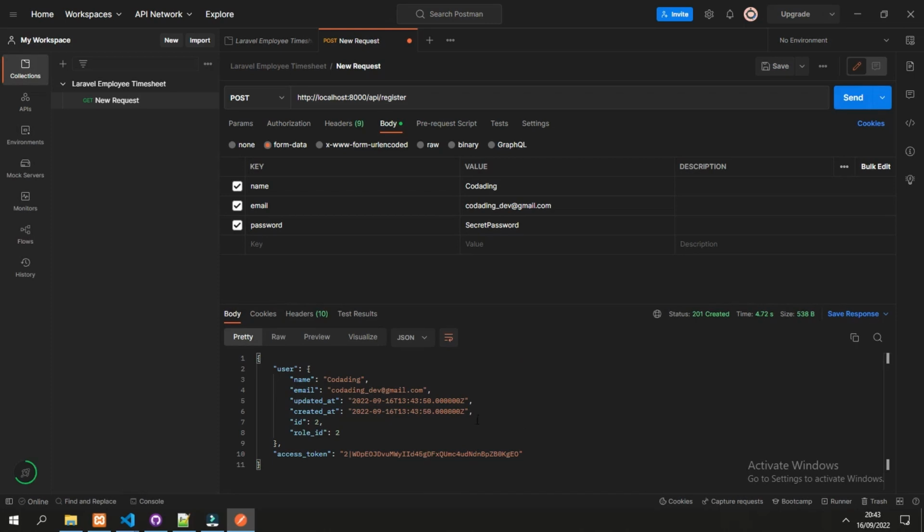It is already created with two objects. The first is user, which contains name, email, and others, and the second is the access token. Let's check the database to see the users.